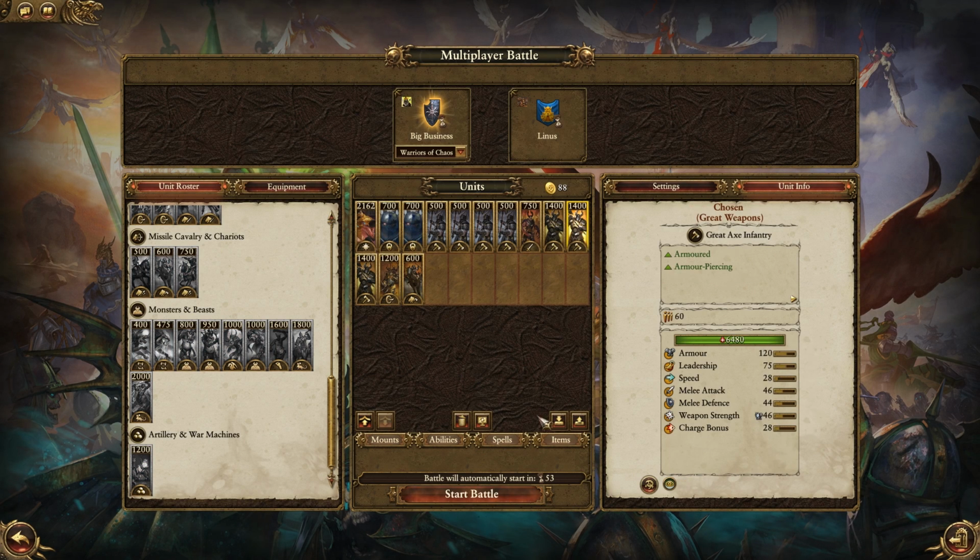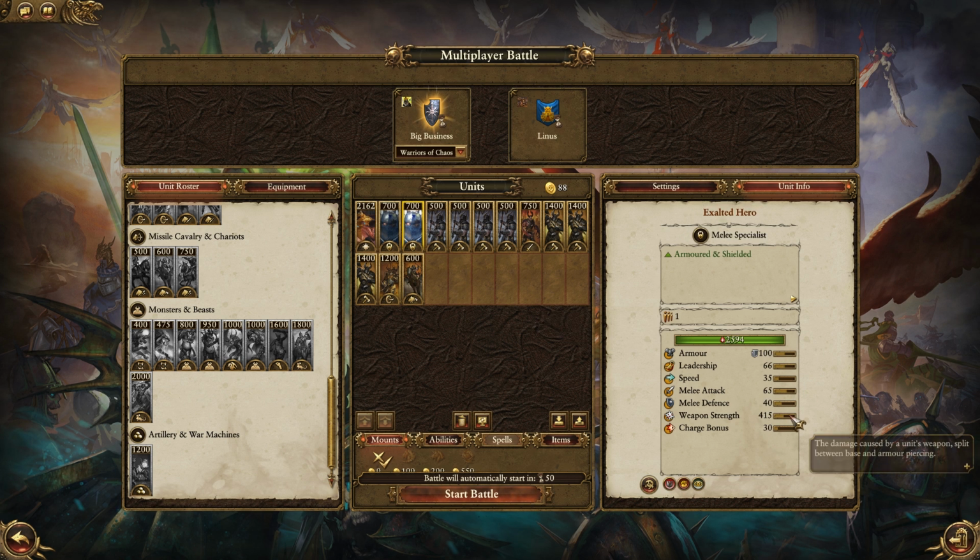So Exalted Heroes, actually let me pause for just a moment. Exalted Heroes have okay weapon strength. Granted their armor piercing is somewhat low at 140. Granted I think that's more than like Empire Captains and stuff like that, but still what I like to do